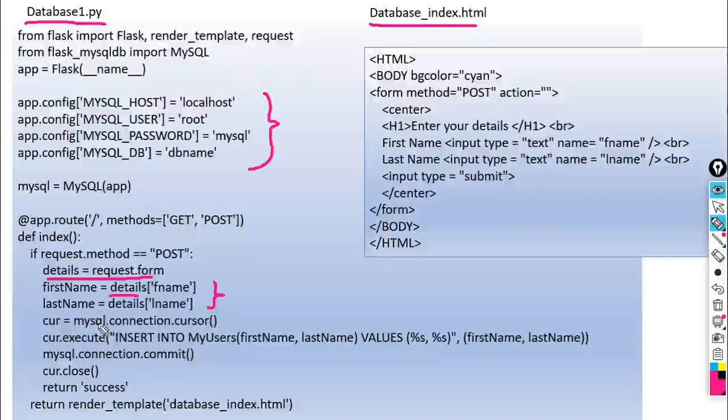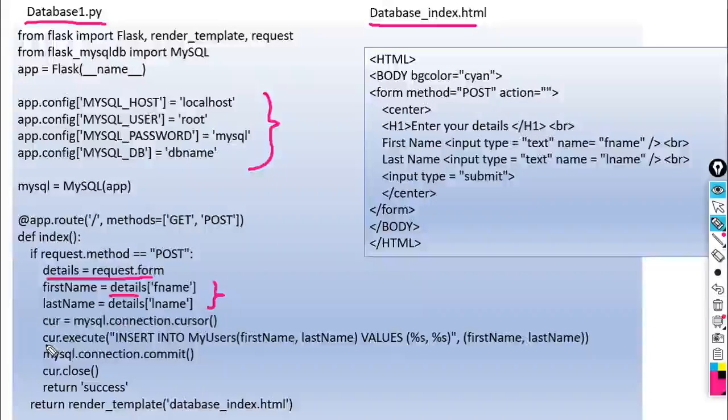Then define the cursor here. We can set the relation to MySQL with the help of the cursor. You have studied cursors and triggers in the last year. What is the syntax of this? How can we execute the cursor? The same thing is here in Flask. Here mysql.connection.cursor. With the help of the cursor, we can execute any type of SQL query, MySQL query. Here we have stored this cursor with the variable name cur.